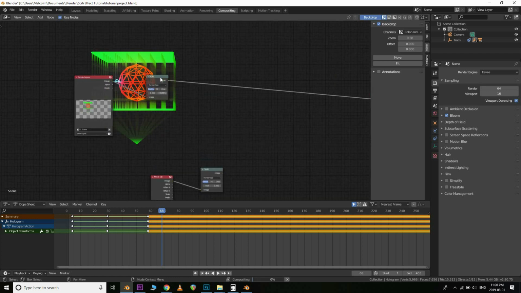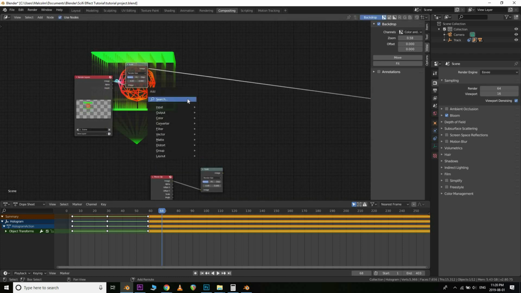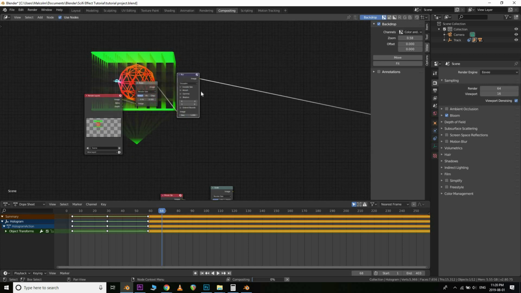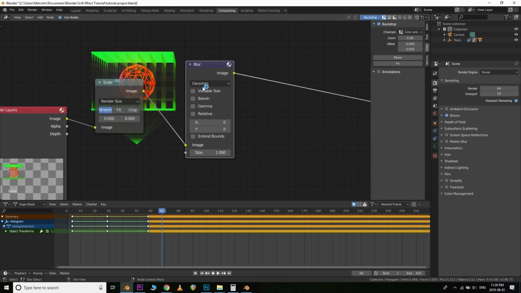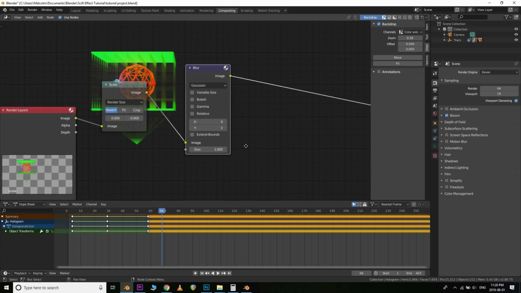I'm just going to turn this off of the composite here. Okay, so now we're going to add in a filter blur. Okay, so now we got a blur in here, and a Gaussian blur should be good. Now just with my settings here, just to give you a start, putting 6 on the X, 3 on the Y, and we should be able to see on the fly